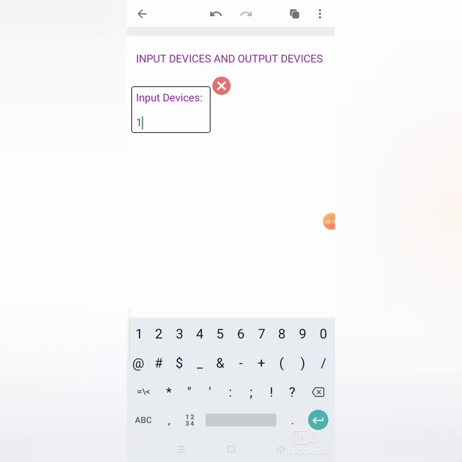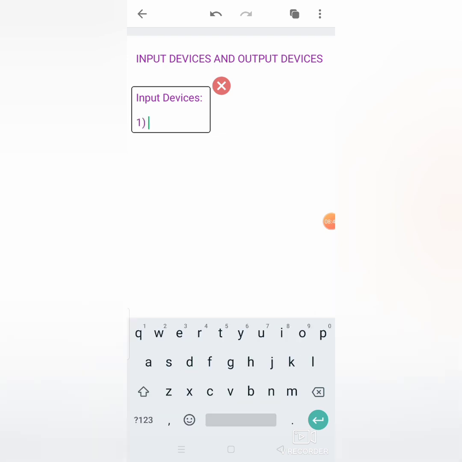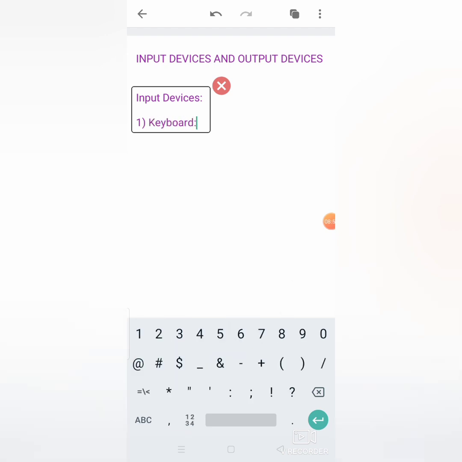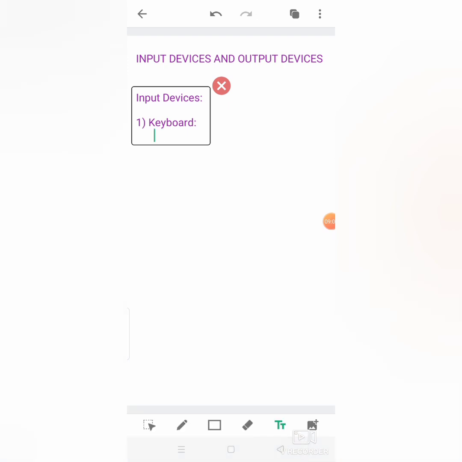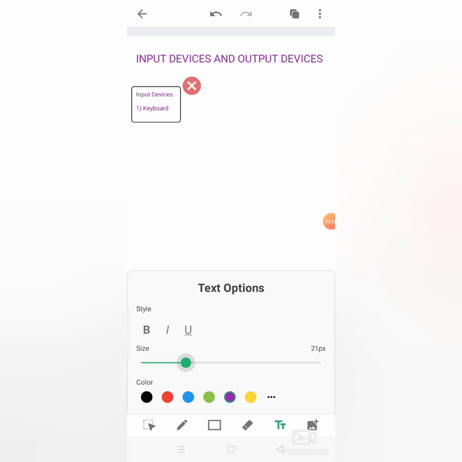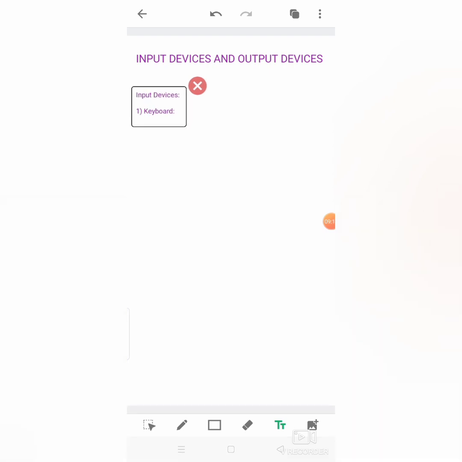Number 1, I am taking a very common input device, keyboard. If you have ready-made text, you can copy and paste it here, or otherwise you can type. So firstly I will decrease the size.